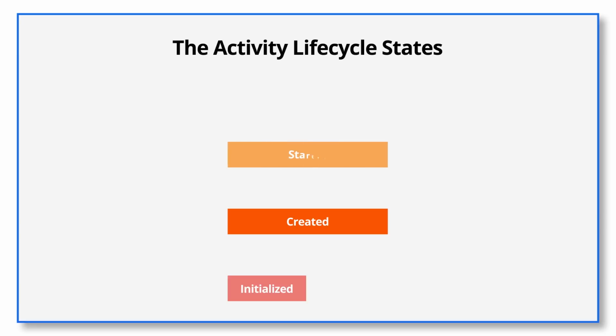You know when the methods are called, so now I'll summarize what to do in each of those methods and recap everything we've learned thus far. The activity lifecycle is a bunch of different states that an activity goes through from creation to destruction. They are initialized, created, started, resumed, and destroyed.